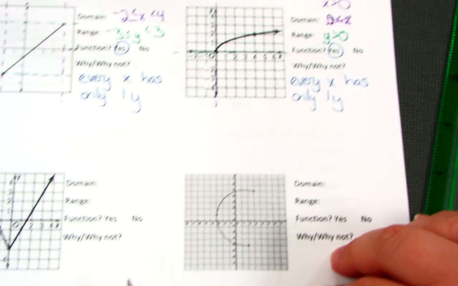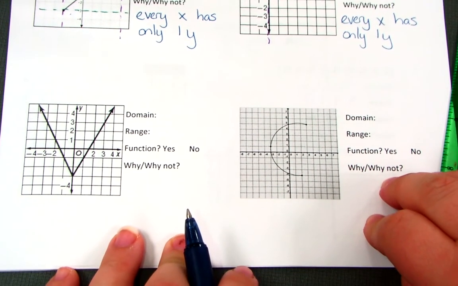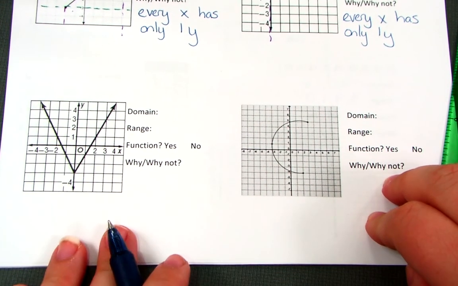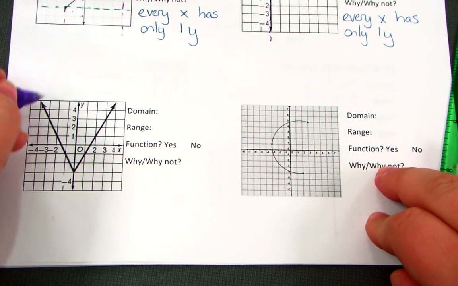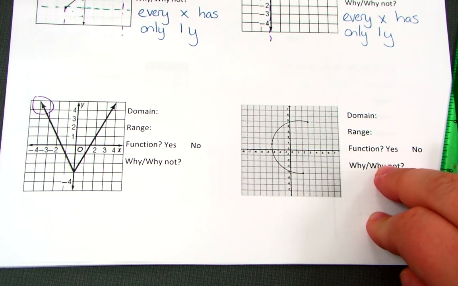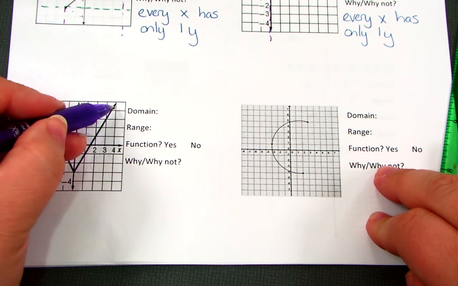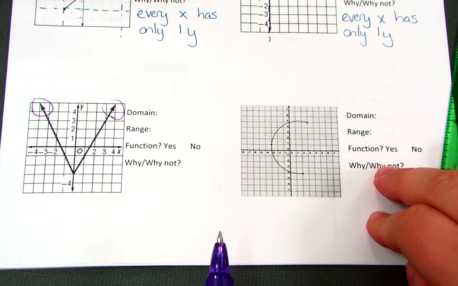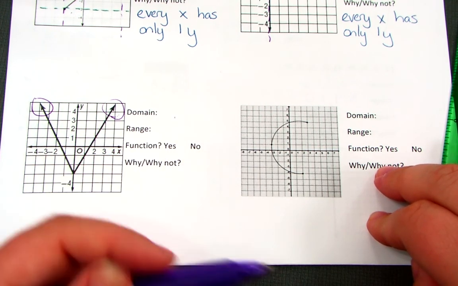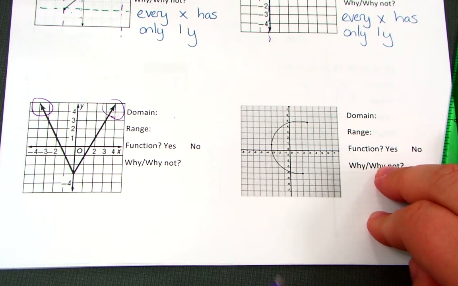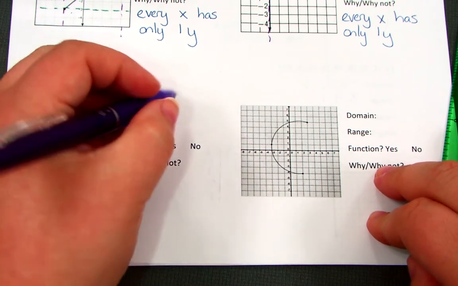Take a look at the next one. We see something else happens here. So our domain here, when I go to find the furthest left that it can be, I notice that there's an arrow. When I go to find the furthest right that it can be, I notice there's another arrow. So I don't even have any numbers to write down here. That means it's one of those special cases. It's one of the things that I underlined on the other page. It's called all real numbers,